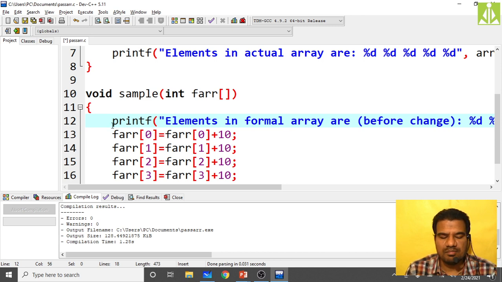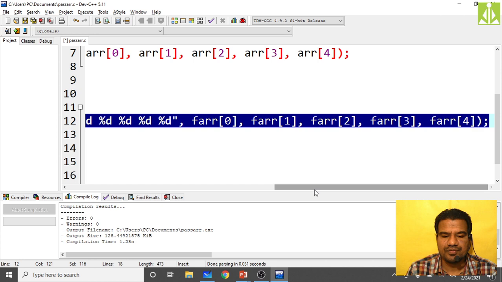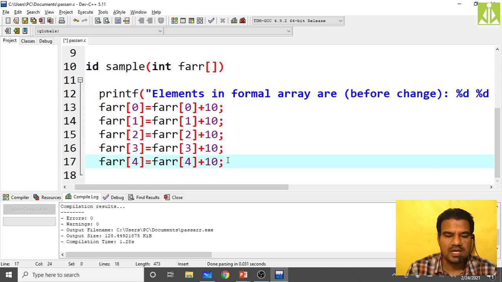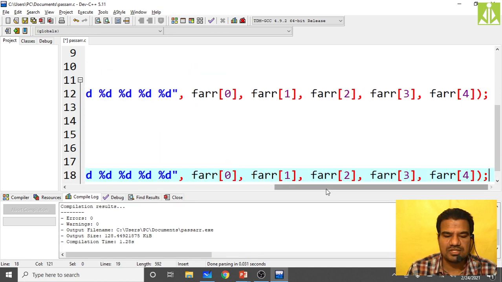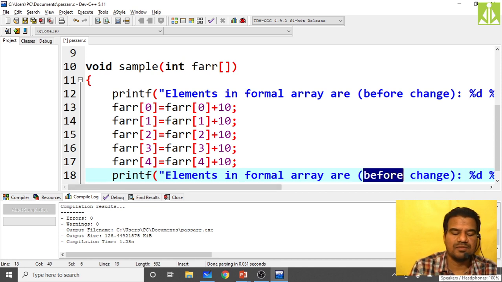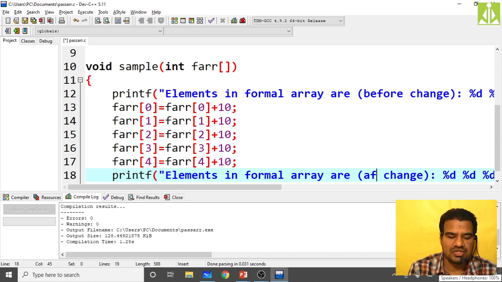Okay, you can even print the same thing after change. Here after performing the change from the called function only you print the values, and in my very next statement I will go to the calling function and I will print the changed actual parameters as well. So this is after the change, before change.